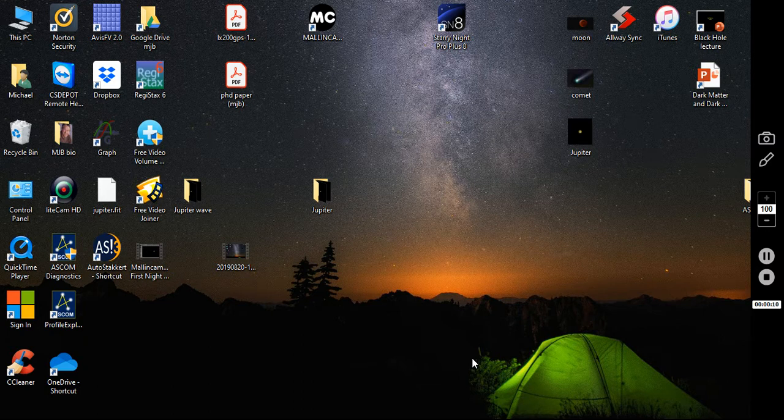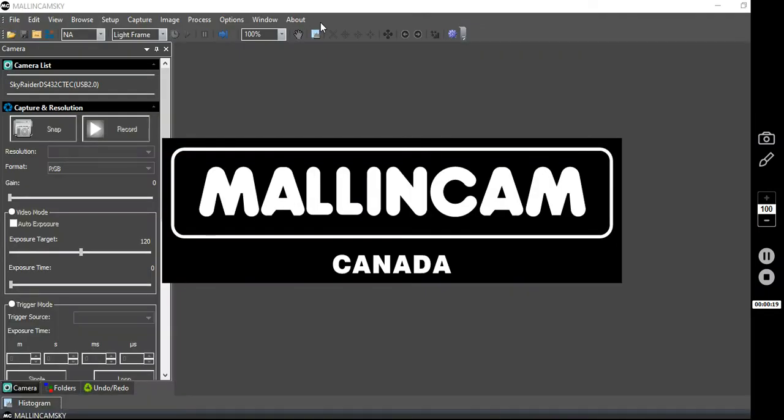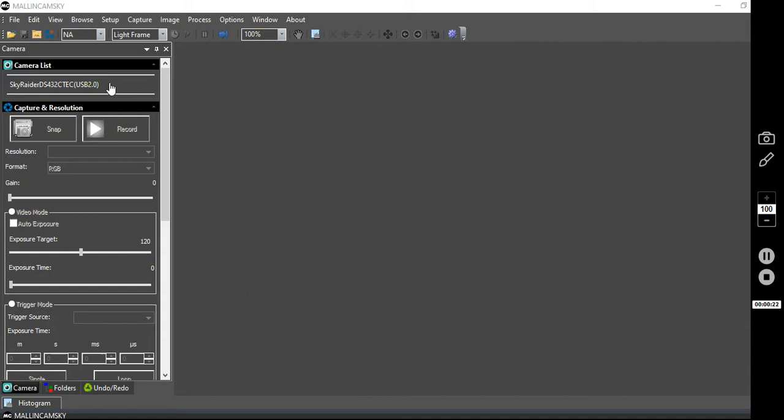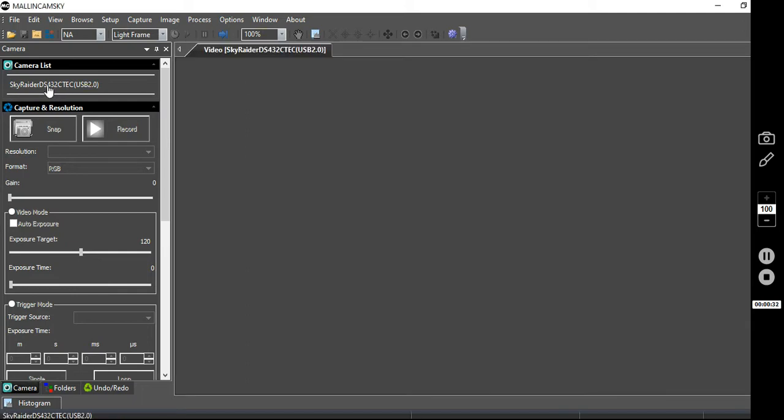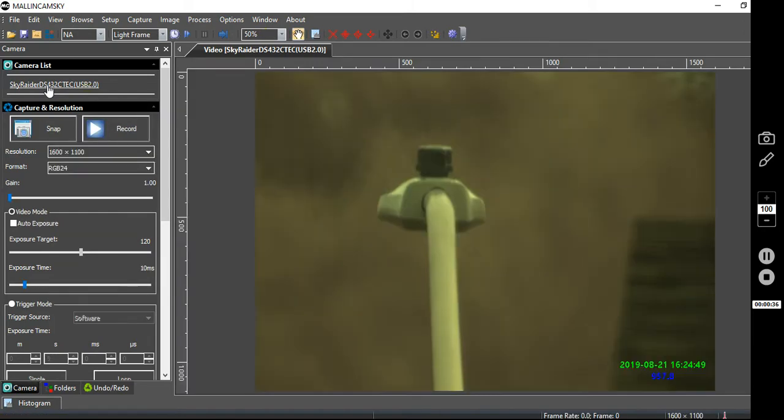So as usual, make sure your camera's plugged in, find your MallincamSky icon on your desktop, start your program, and as you can see I'm using the SkyRaider DS432C Tech and I've got it plugged into a USB 2 cable. So activate your camera by clicking on this, and when the camera is activated you'll see that I'm actually shooting a daytime image